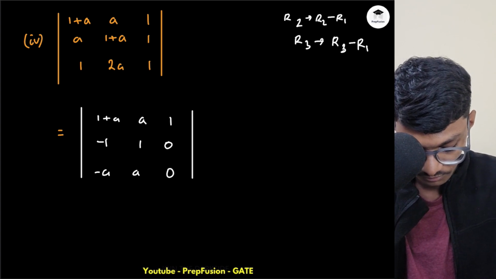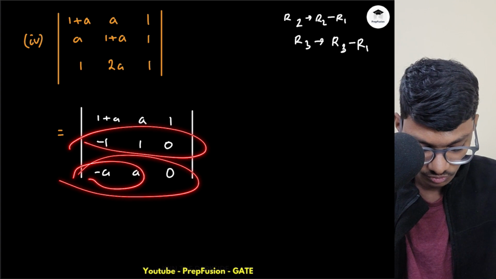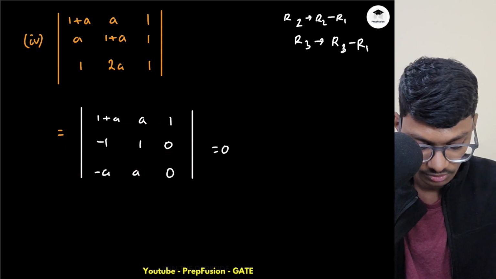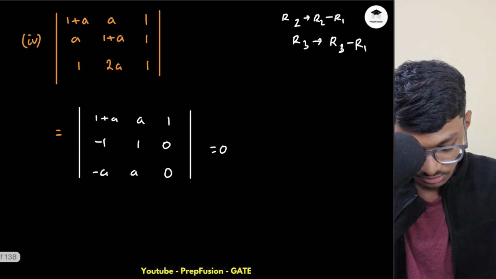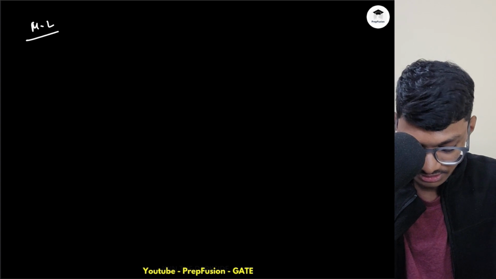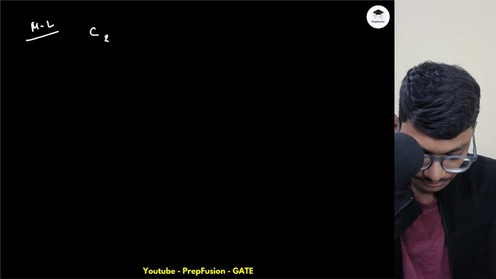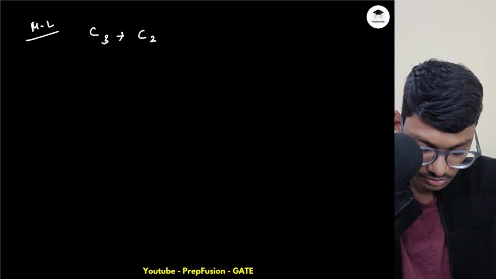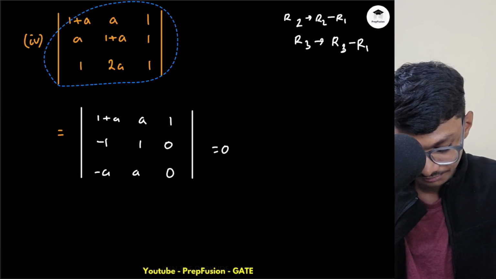Okay, now you can do the simple, like as you can observe, right? If you take common a over here, these two rows are same only, so determinant would be 0. You can do this, or another method is, like these are same things only, you can add all the columns. So your c3, you change your c3 to c2 plus c1 plus c3. Okay, so if you change it,